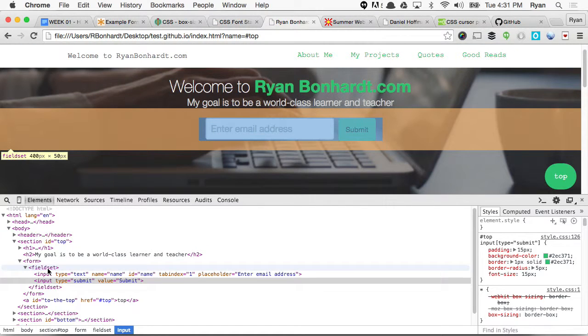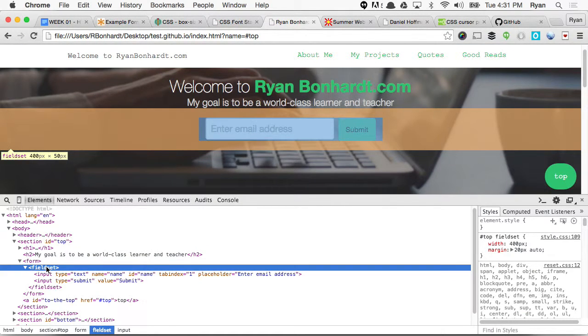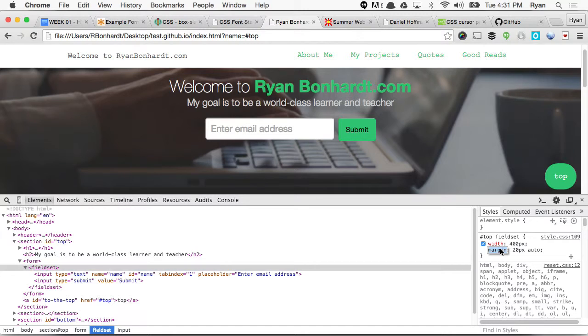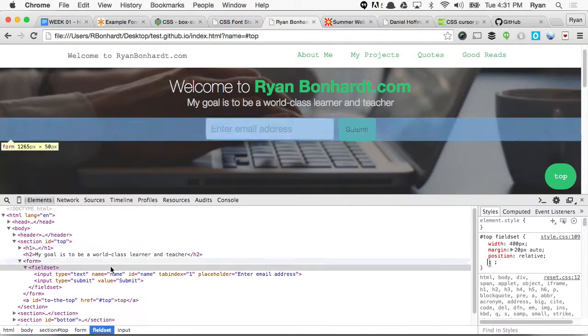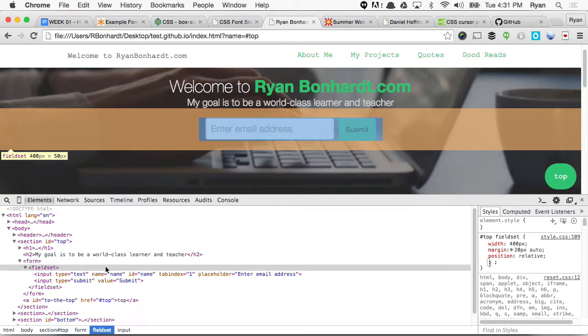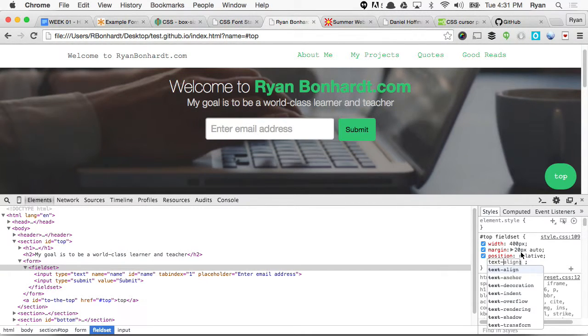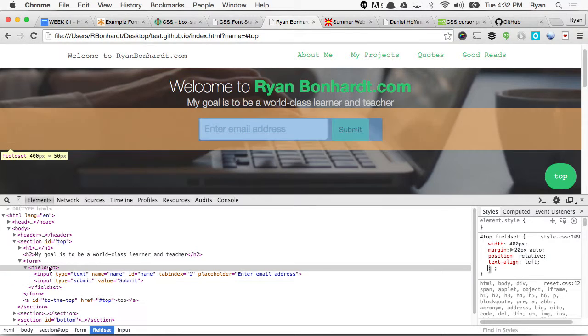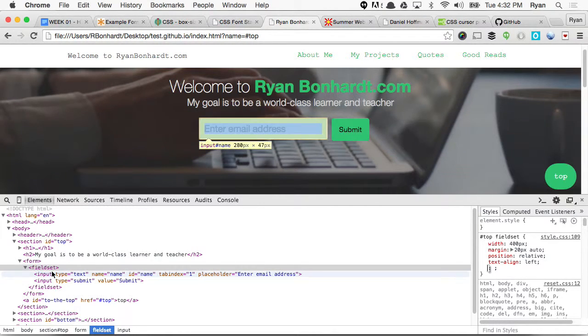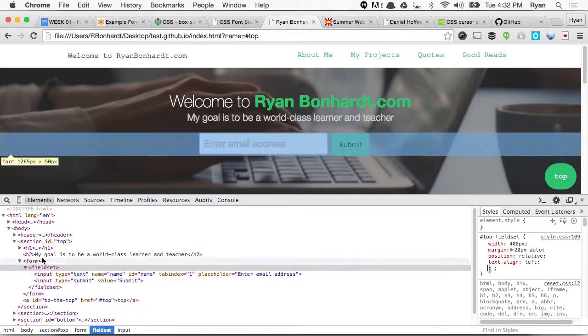And this is what I was going to do earlier, but I got a little ahead of myself. So what I want to do is give this field set a position of relative, right? And then we'll say, I also want to text align it left. That way, remember these input tags are inline elements, so text align left pushes them all the way to the left instead of centering them like I had them, because remember we gave everything in the top section